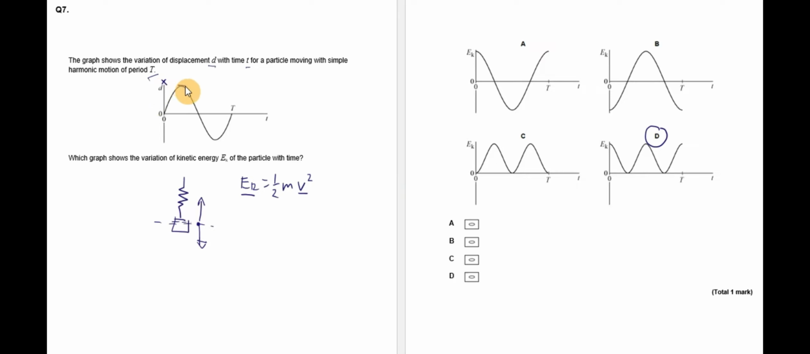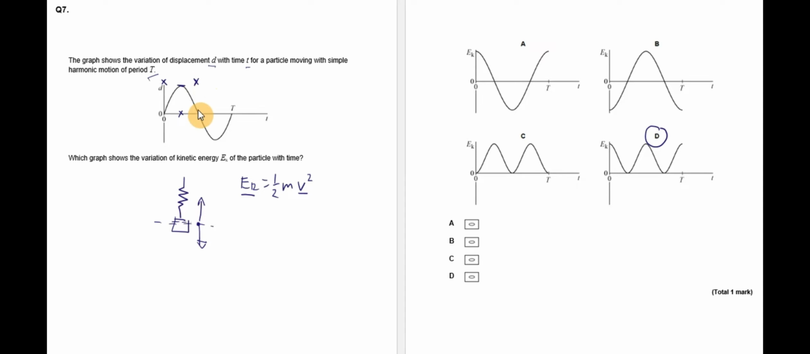When the displacement is at a maximum, the mass actually stops moving, velocity is 0, so the kinetic energy is 0. Again, displacement 0, at the rest point, I get its maximum velocity, therefore maximum kinetic energy. Now you can't have a negative energy. You can only have a positive energy. It doesn't matter whether it's moving upwards or downwards, it's still going to increase in a positive way the kinetic